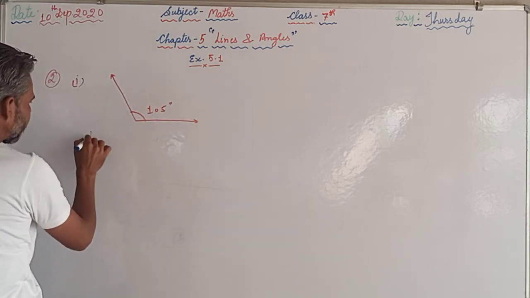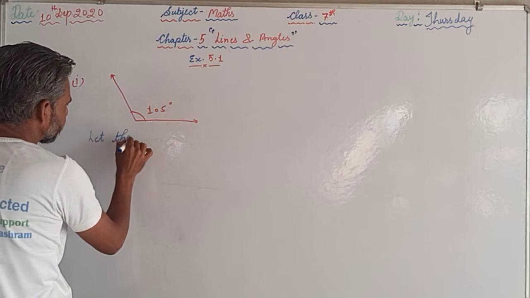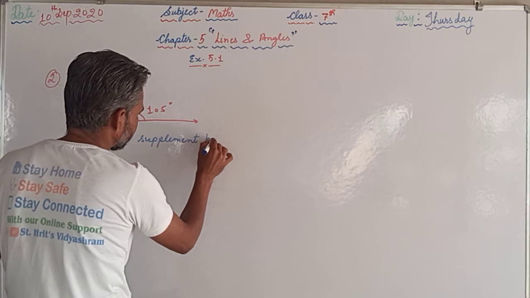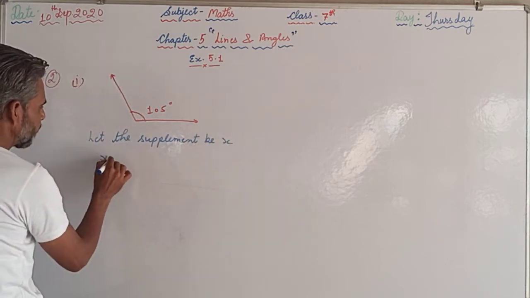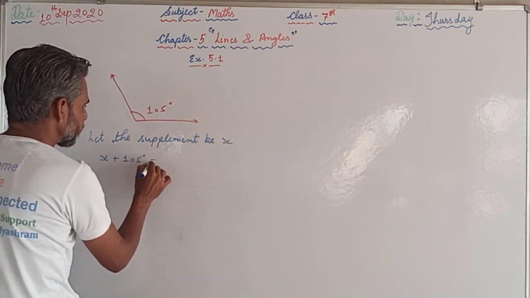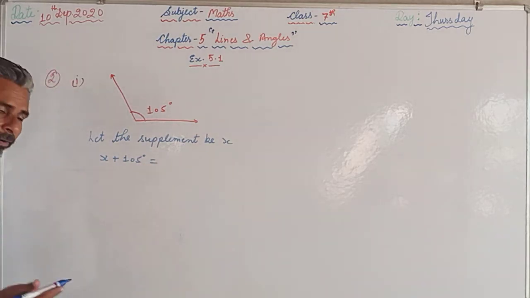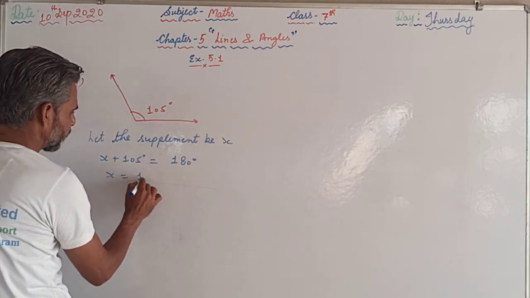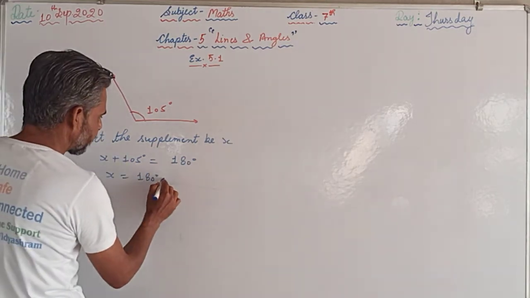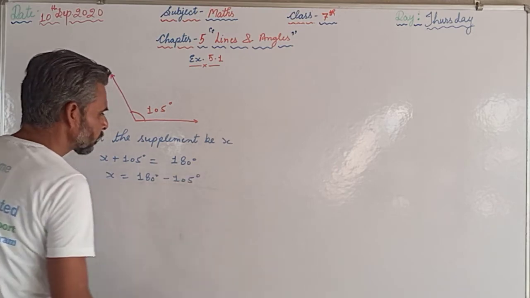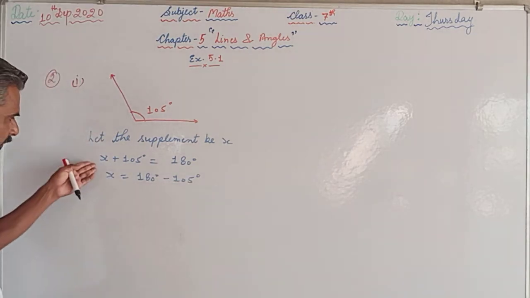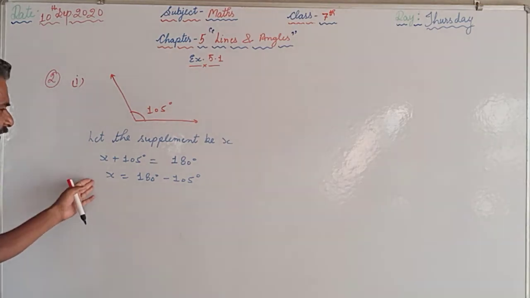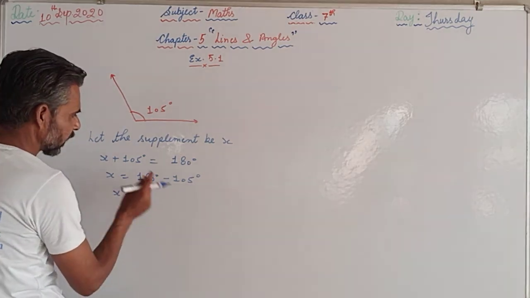degrees. So again we will write, let the supplement be x. So x plus 105, the sum of the supplementary angles is 180 degrees. So x is equal to 180 degrees, and this will go this side, as we have done in the previous chapter, that is simple equation. So this is the simple equation. We have formed the simple equation. Now we are solving that for the unknown value, that is x. So here x we will get